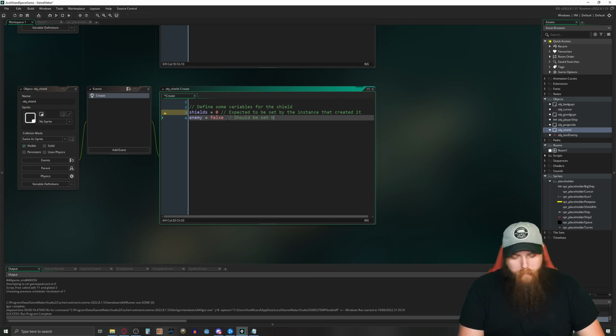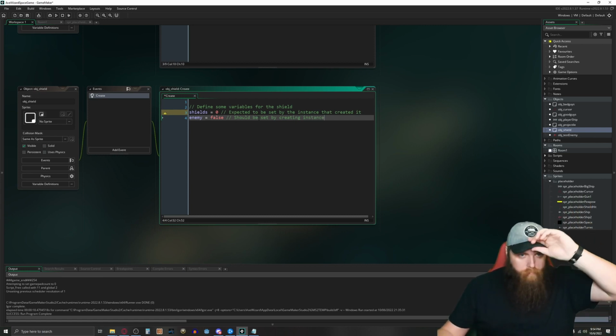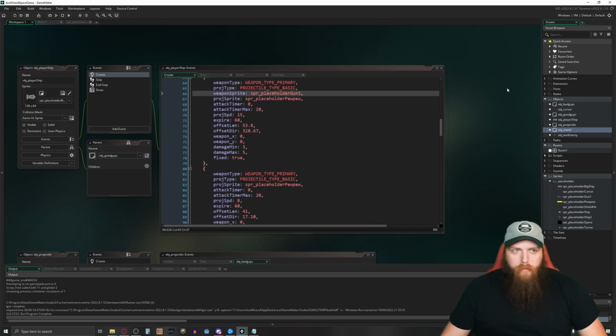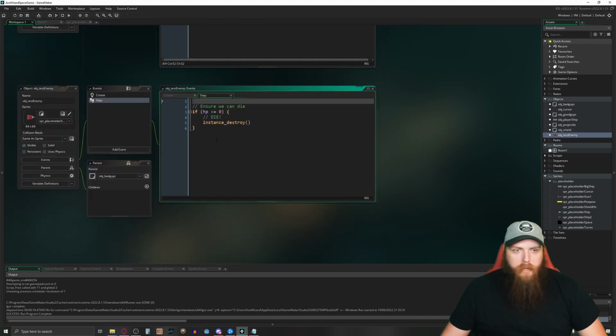Should be set by creating instance. So if it's a bad guy, it'll have enemy true. If it's a good guy like me, enemy false. Cool. So now what I'm going to do is for my object enemy, my test enemy ship here,